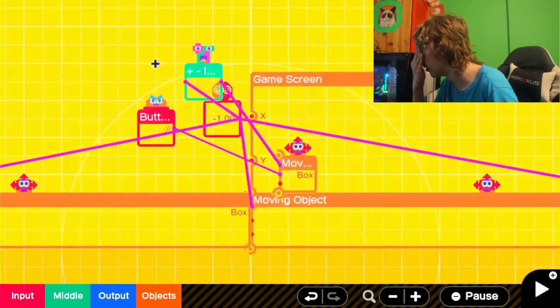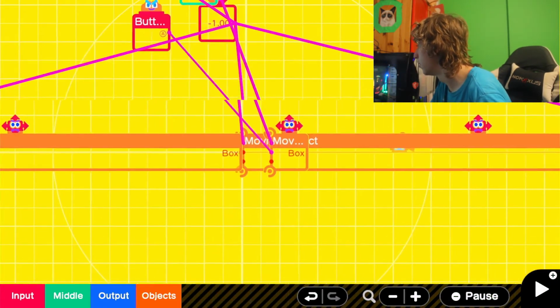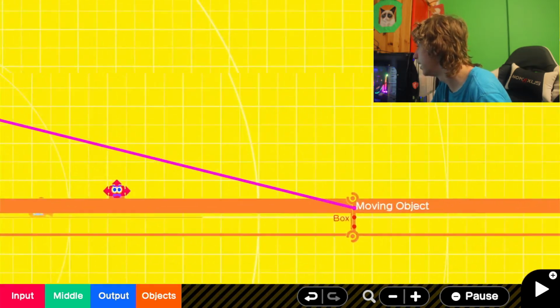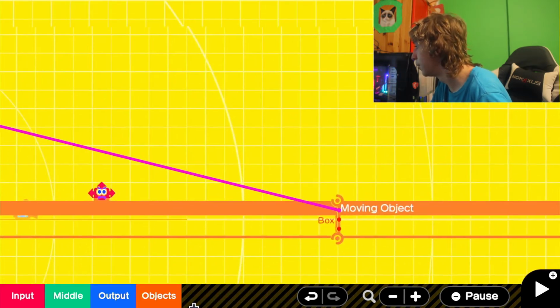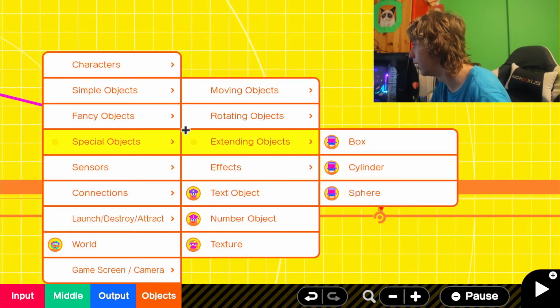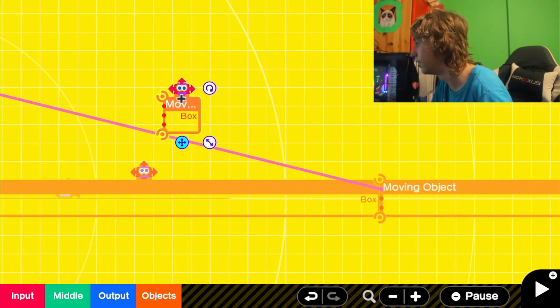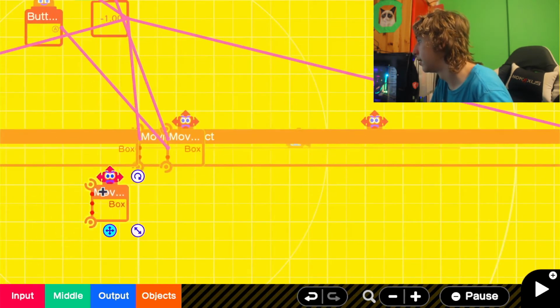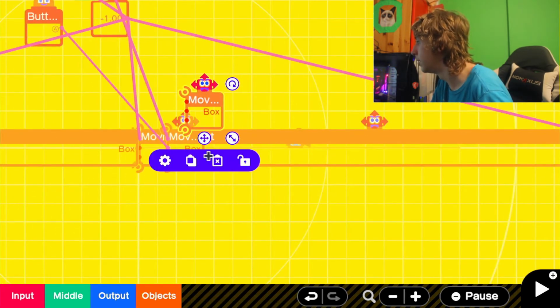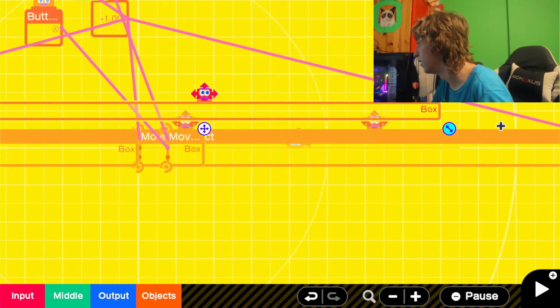Unfortunately, we have not locked ourselves to X, Y, or Z, so what I'm also going to do is behind here, I'm going to set up a bit of a wall, which we'll probably also make out of moving boxes, because we're going to have that as a little bit of a speed kind of thing. We're going to have that as our